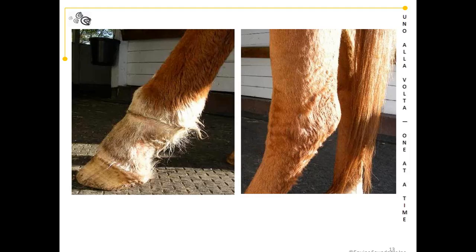So when he was on his way to getting better after about the first year, he one day came up with a swollen leg and this curious rope burn here. I do not know where this really comes from. There are not that many possibilities. We have no wire fencing. We have no loose ropes lying around. Maybe he got into some vegetation in the back of the property. I really don't know what it was. I never found it. But his leg was significantly swollen all the way above the hock,